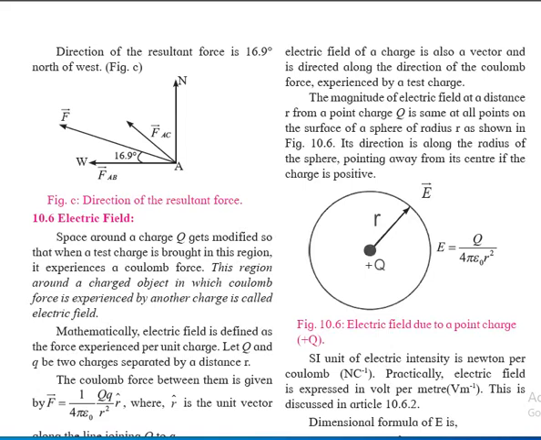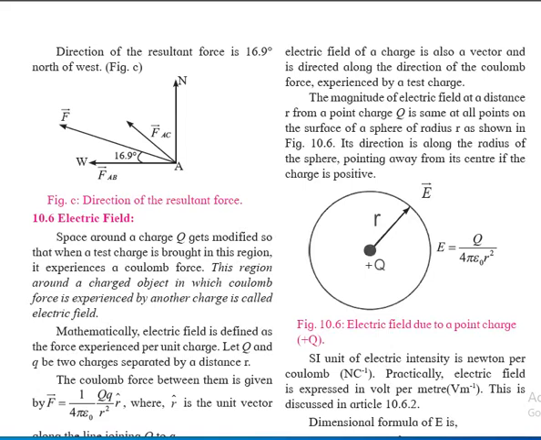Now, there will be a limit for that particular iron piece to be attracted towards the magnet. Right? Beyond that limit, the iron piece is not able to be attracted by the magnet. Right? So till that point, that particular object will experience the force, the magnetic force, and that region is called the magnetic field.